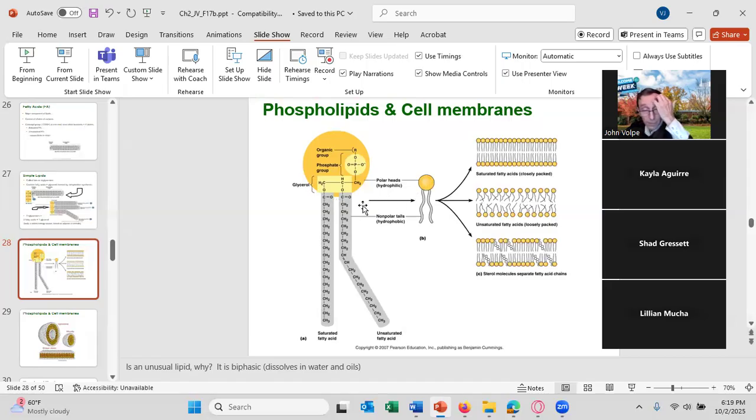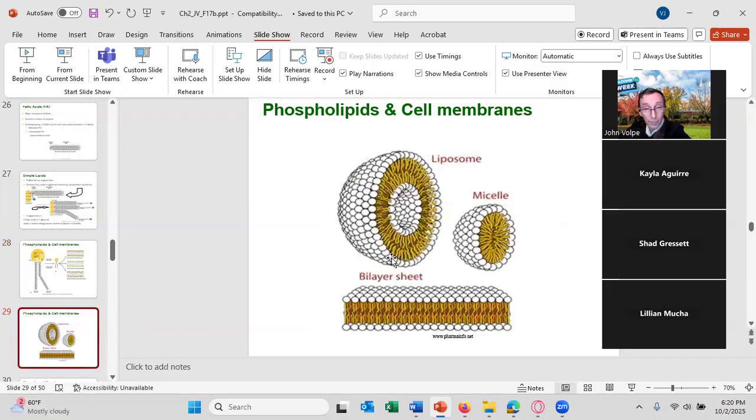All right, the phospholipid is the main molecule in our cell membrane, and it just gets together like that, which then in water will form this, and that actually looks like a cell. Think of this as a red blood cell in the blood, which is mostly water. The heads, or the phosphate portion of the molecule, face outside towards the water, and the heads also face inside in the lipid membrane, facing the cytoplasm, which is mostly water.